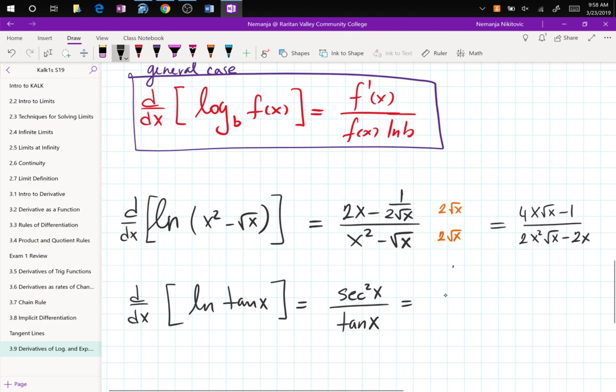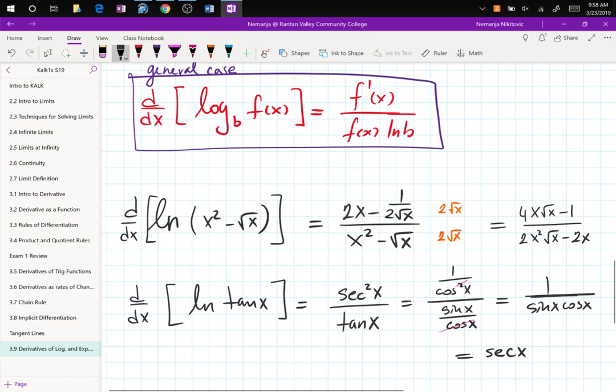The secant is going to be 1 over cosine squared x, and the tangent is sine x over cosine x. So one of these cosines dies, and the problem is 1 over sine x cosine x,